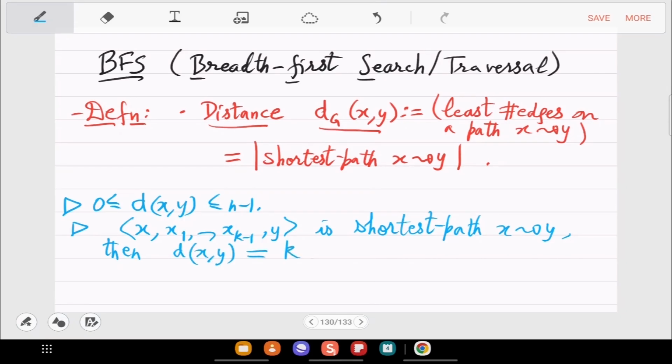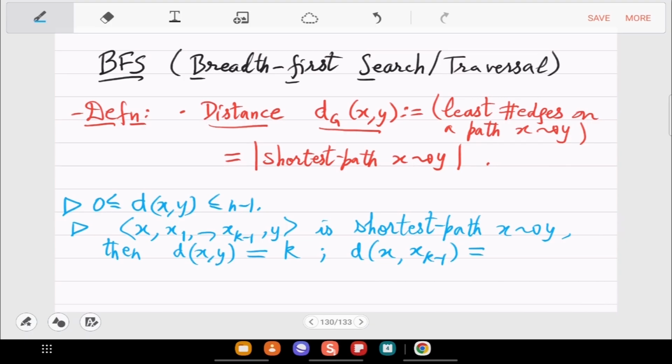That is k. Is it k? Yeah, should be okay. x to y is k, but actually what I wanted to ask is x to x_{k-1}. What is that? That's a more important question.